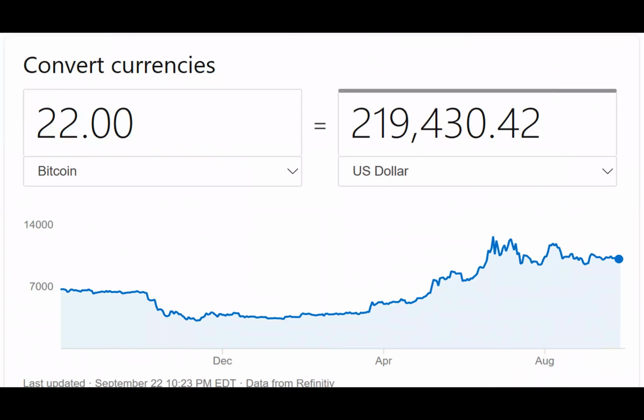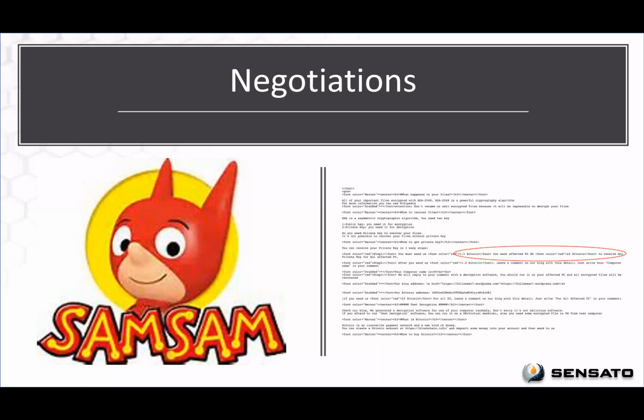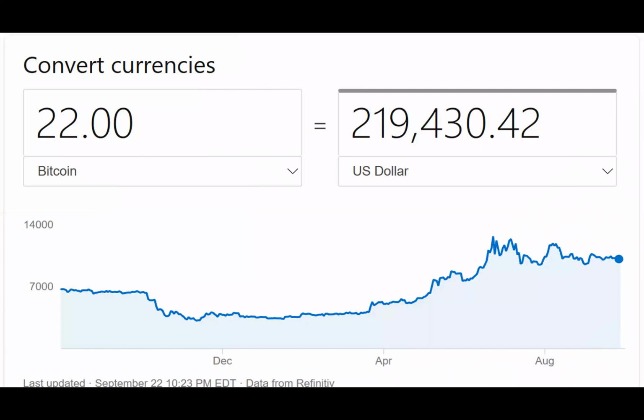So they got down to 22 Bitcoin back then. Basically they went from 1 Bitcoin per PC to a bulk discount rate of 22 Bitcoins for everything. Back in 2016, that probably wasn't a lot of money. Today, if you negotiated from 500 Bitcoin to 22 Bitcoin, you're still looking at $219,000. It's a big amount of money. So unless you're in the single Bitcoin numbers, it's still vastly